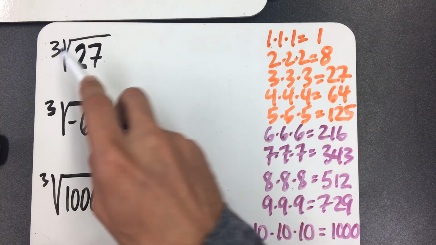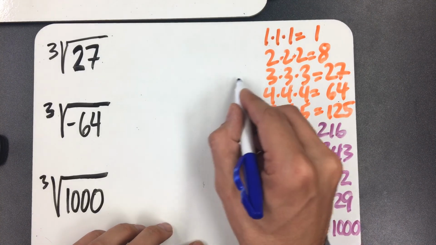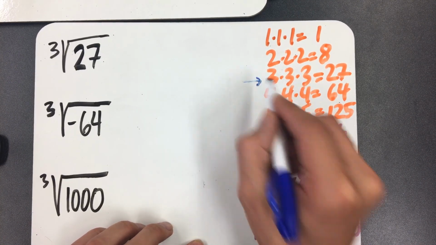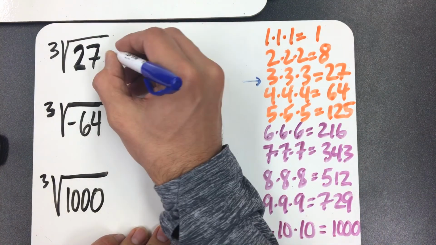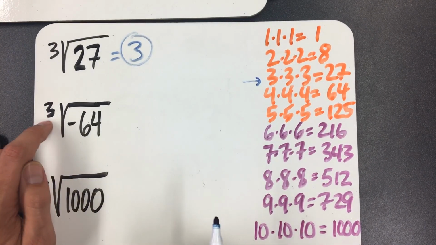For example, look at this one. What's the cube root of 27? What number times itself 3 times equals 27? Look, it's right here. 3 times 3 times 3 equals 27. So my answer to this one is 3. Right here. The cube root of,